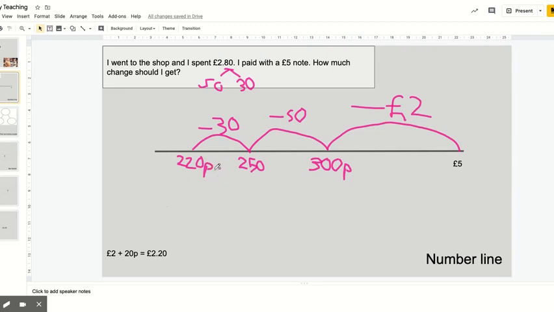Now just remember at the end, that's 220p. If I wanted it back into pounds, I'd have to convert the 200 pennies into £2, and I'd have £2.20 there. So that's 2 methods on a number line, counting forwards and subtracting. If children were in my class during a maths lesson, I would be insisting on them doing both methods for every question. It's vitally important to get fluent with both of those methods, and having a range of strategies that you can use as well. So let's have a look at another method. This method is going to be using